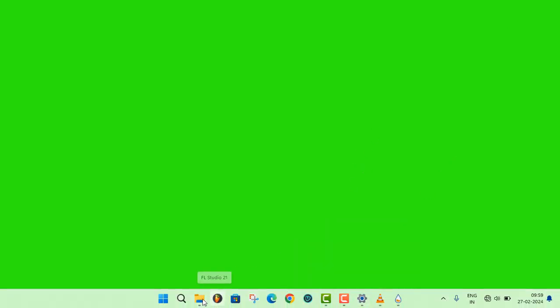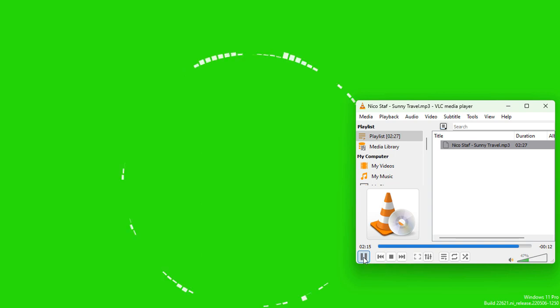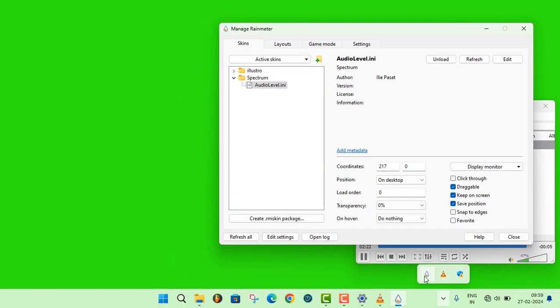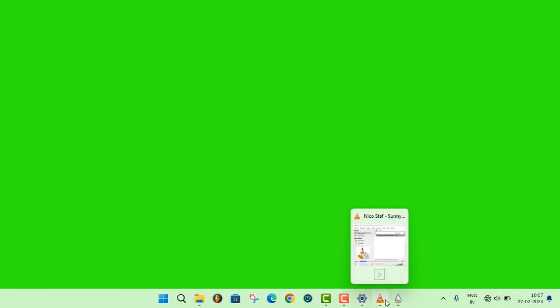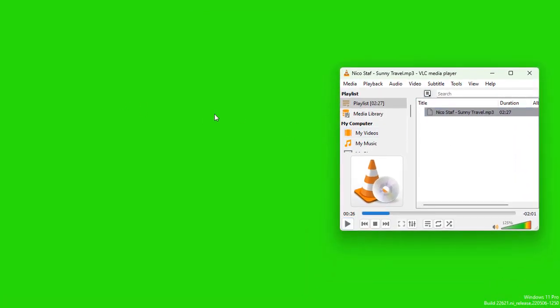Now when it's totally empty, you can play the beat, and this is gonna basically react to the beat. Now you can adjust this. Just in case this is not properly aligned, just go back to the settings and make sure it's unchecked, keep on screen. Now just play the beat that you wanna react to. I'm gonna play this beat right here and basically record the screen. Okay,